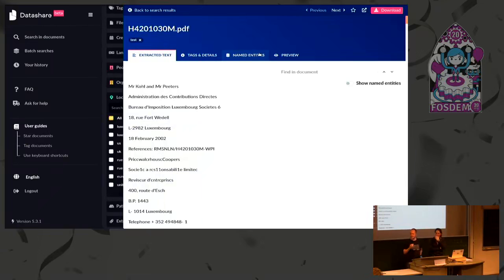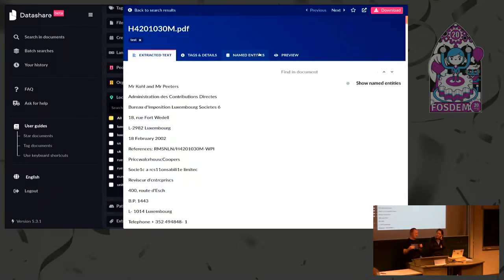A follow-up: do you have features to let journalists declare that they suspect the named entity recognition algorithm or the OCR failed? So no. The question was, is there some feature to let journalists know that the extraction of named entities failed?